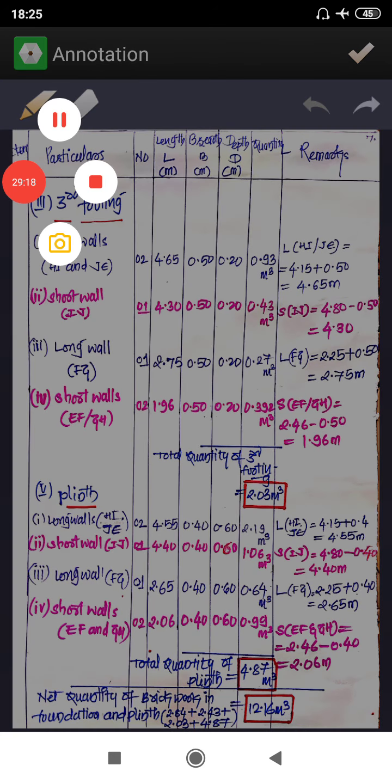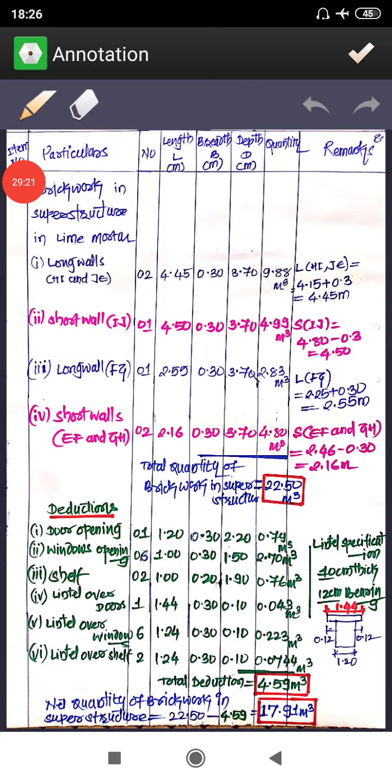Now we'll go for the brickwork in superstructure. Now brickwork in superstructure, see, I have taken same concept of long wall and short wall here. The same thing, that for long wall you have to take center to center distance and add one full width. See, one full width is 0.3 meter, the wall thickness. So I have done that. See, for long wall HI and JE, that is two numbers, and you are having a length of 4.45. That 4.45 how I got, I have written in the remarks column. Then width is 0.3, depth is